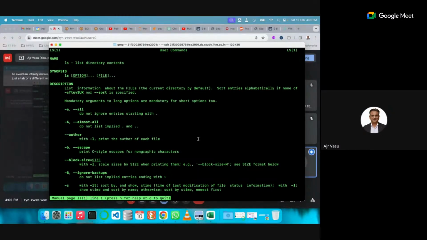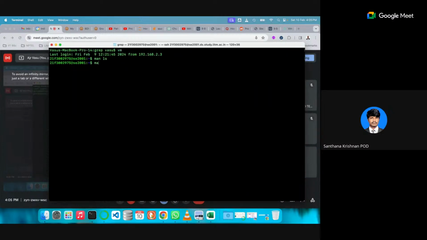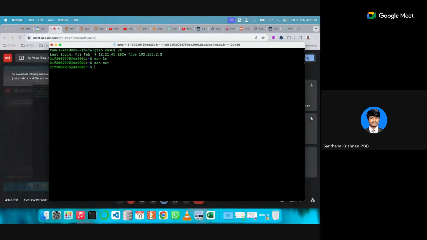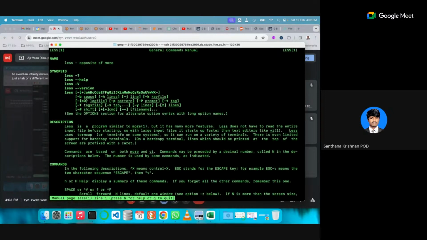Got it. I was getting confused because it doesn't work for all the commands. Yes, it only works if it's set up that way. Very few commands will work like this unless you make it so. Cat will work, because you can see it. It will work with tee as well. Less, yes, it will work because you can see multiple things together.